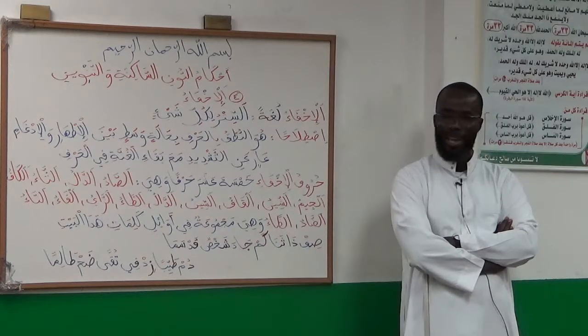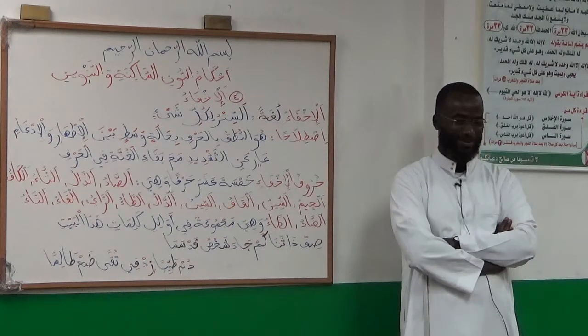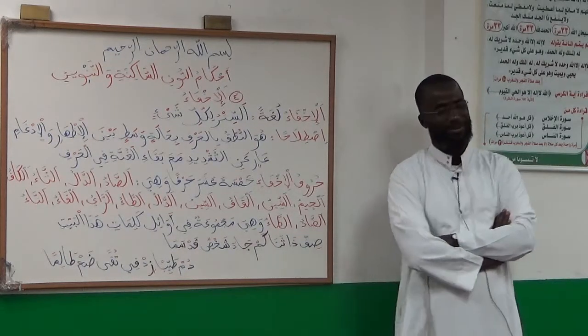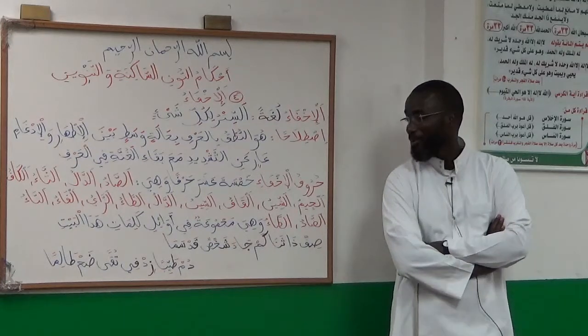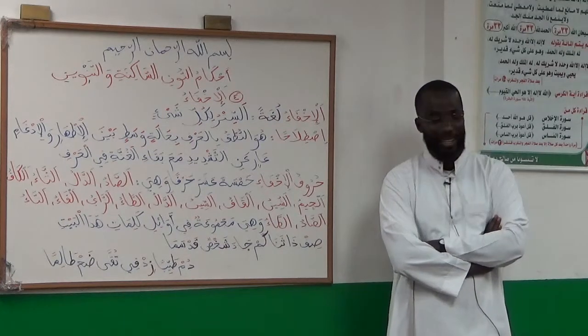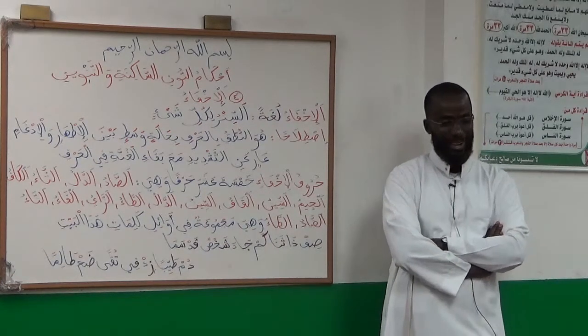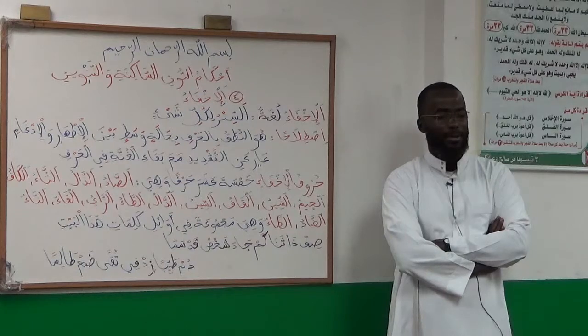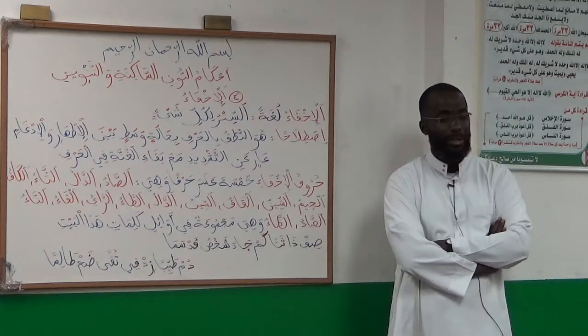فجعلهم. What do we have there? We have tanween followed by a fa. And fa is one of the letters of al-ikhfa. Al-ikhfa, right? Excellent. So ترميهم بحجارة من سجيل